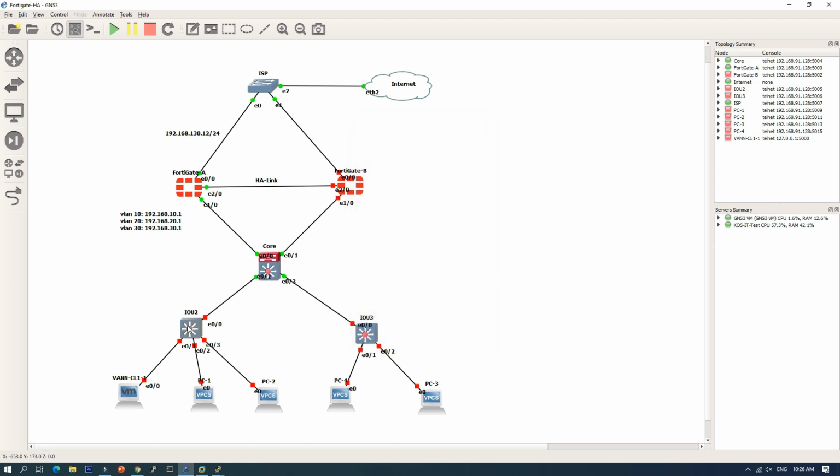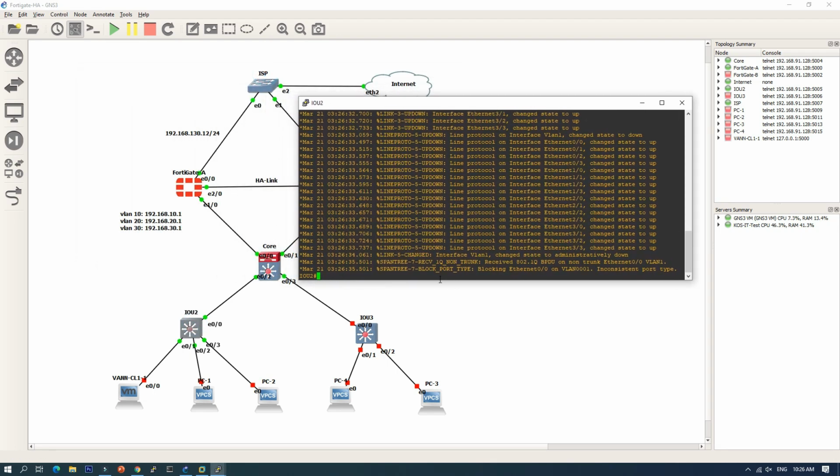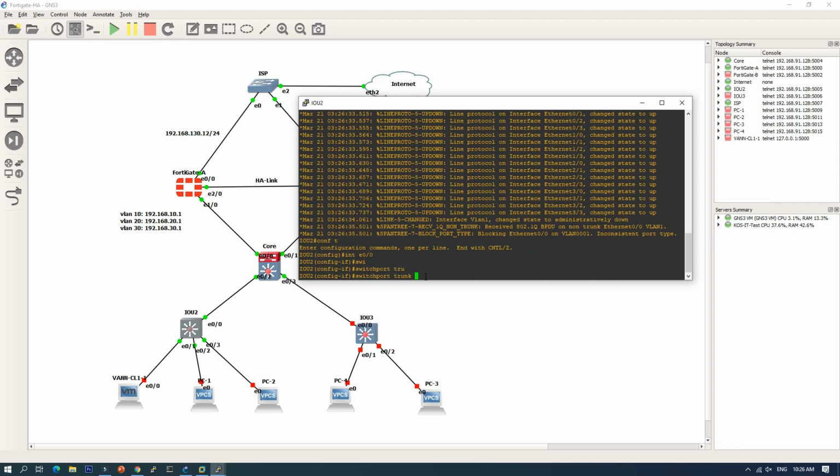Okay, so now continue to another switch. Let's open it. Interface E0/0, switchport trunk encapsulation dot1q.